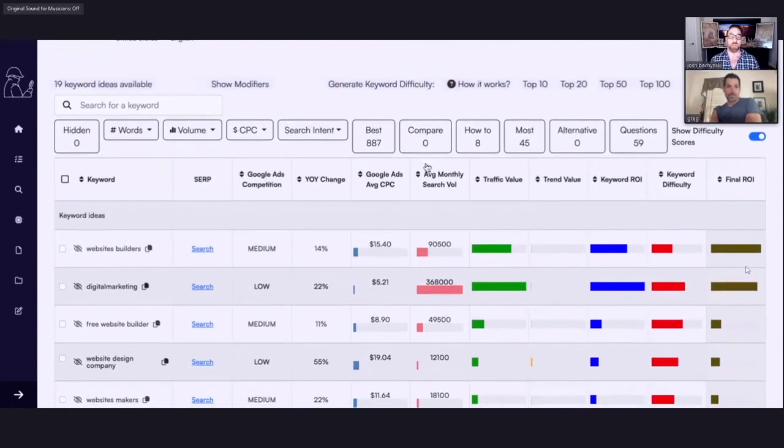But in terms of building a topical cluster out of money pages or informational and transactional pages, which is a perfectly valid way of building your topical clusters, by the way, because it makes you more money. You never know. You thought free website builder was going to be your exact match keyword, but then you find website builders is a much better keyword with higher ROI, and it's way easier to rank for. And you would never know if you didn't do that process.